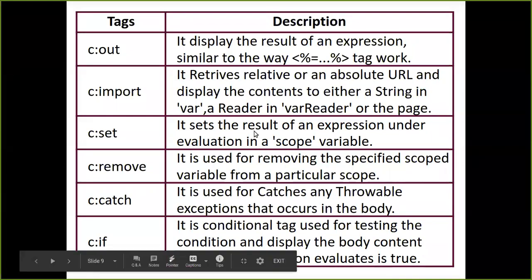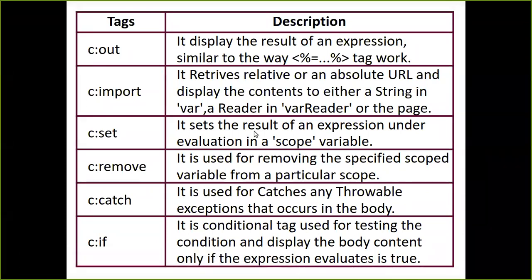We are not going to write all those tags in your answer paper, but what we can do is select 4 or 5 tags in which we are comfortable, along with the example which I am going to show in this PPT also, and they are very easy, you can easily learn and write them in your answer paper. Okay, so we have the out tag in the core tag, which is your main library. And we know the core tag has a prefix called c.